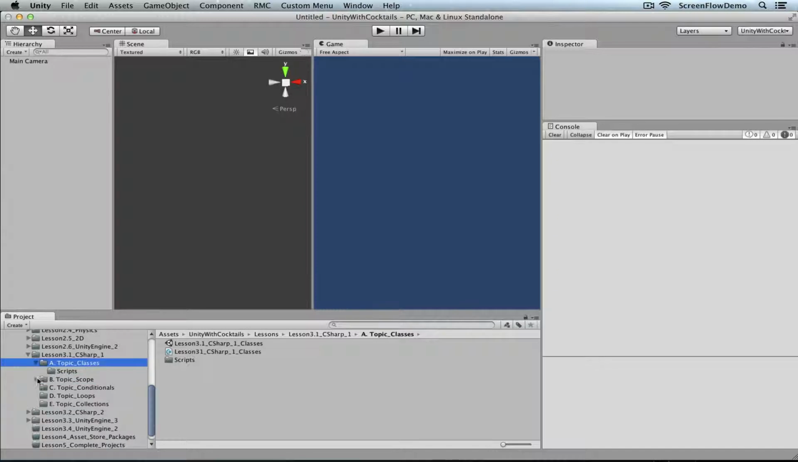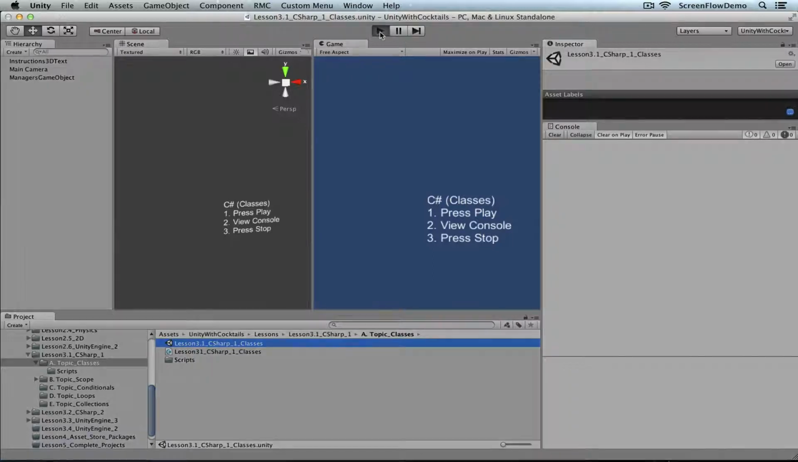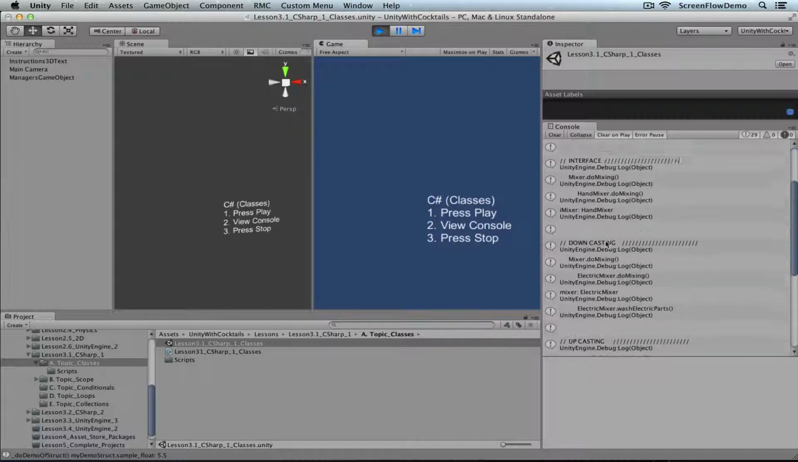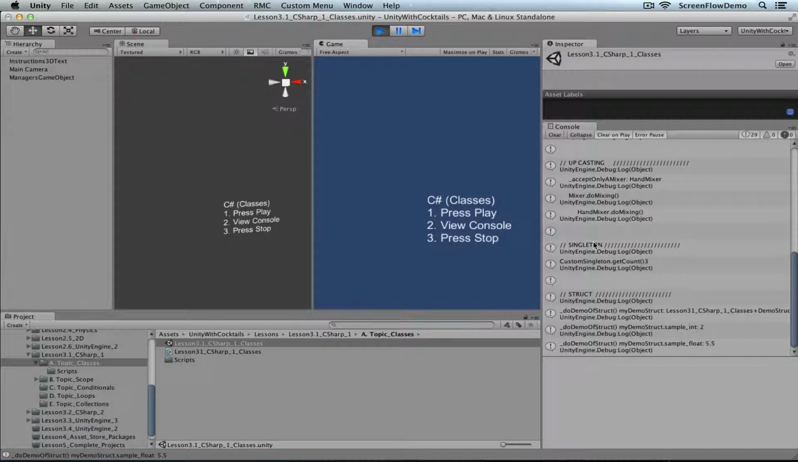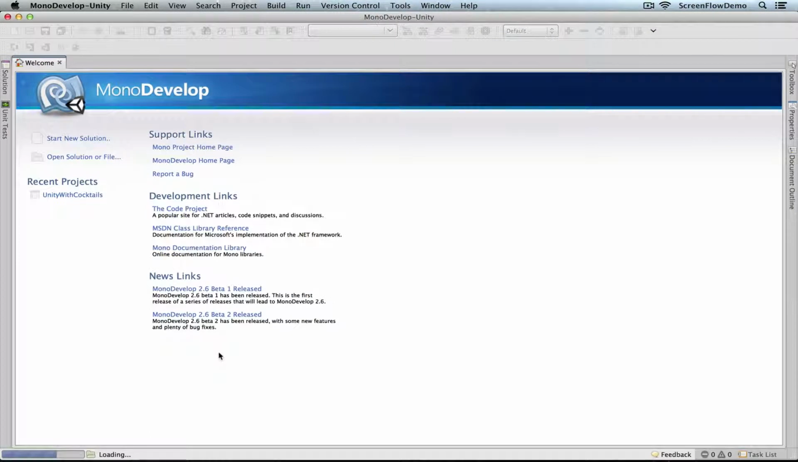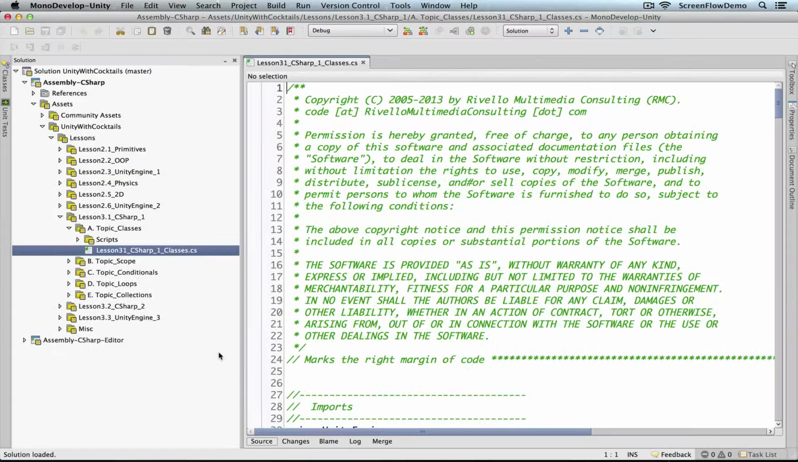So first, let's take a look at just the topic about classes. If I go ahead and give it a run, we see quite a bit of output here. Information about partial, interface, downcasting, upcasting, singleton, struct. And I invite you to take a look at each of those. I'm just going to talk about a few of the highlights. So let's start jumping into MonoDevelop. And MonoDevelop shows us the same tree structure of class on the left in the solution panel. And for most of these, I'm going to